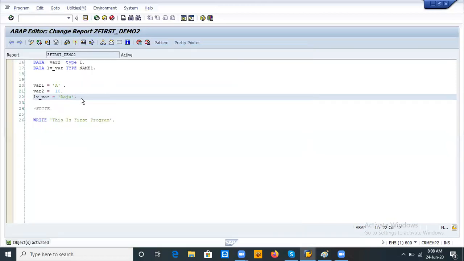So equal is the operator, it will take the values. If you do not provide the dot, it will give syntax errors.